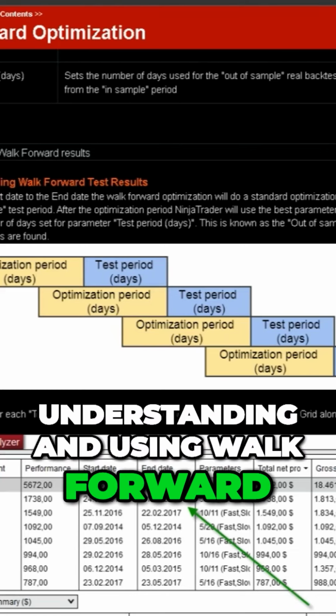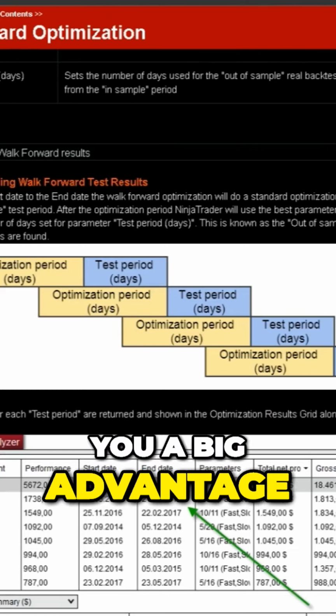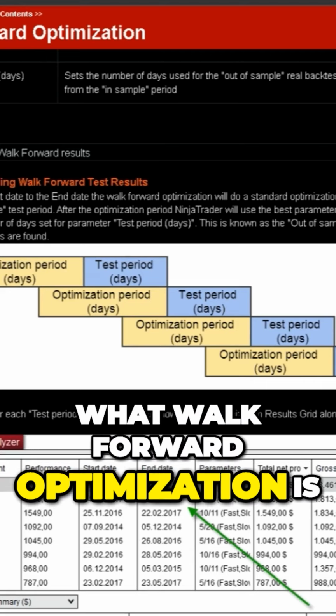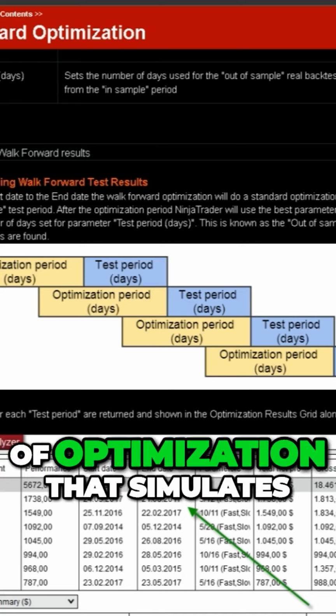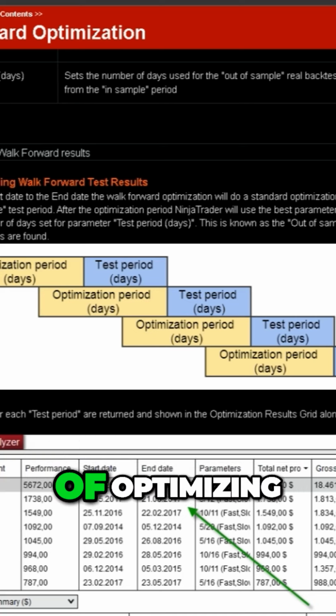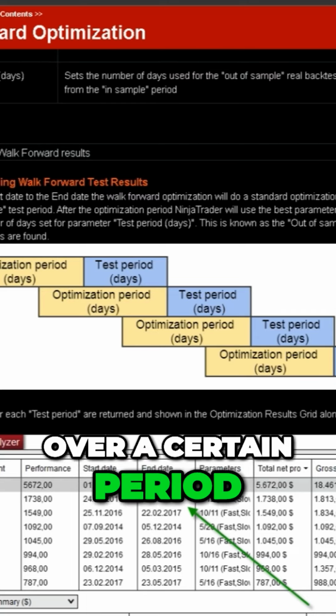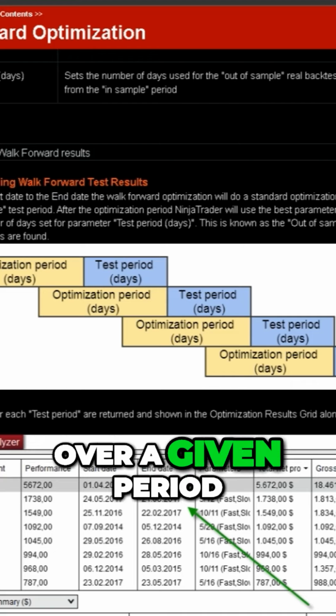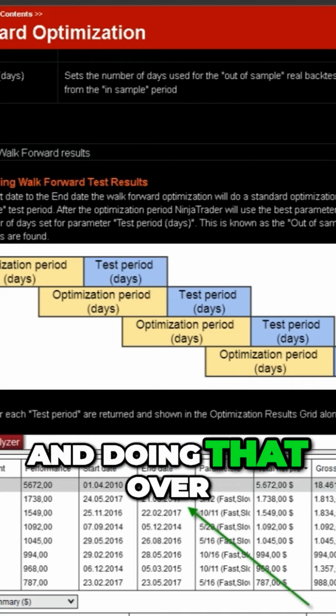Understanding and using walk forward optimization can give you a big advantage when you're running an algo portfolio. Now, walk forward optimization is a type of optimization that simulates a walk forward process of optimizing over a certain period, changing those parameters, and then testing it over a given period, and doing that over and over